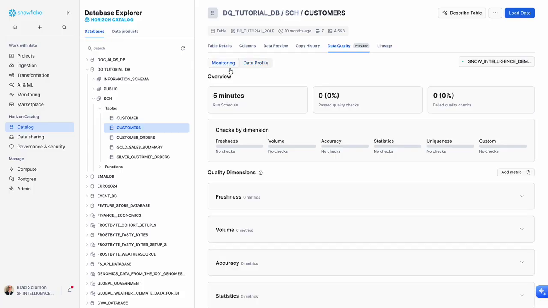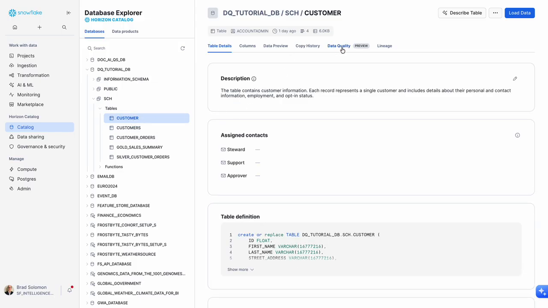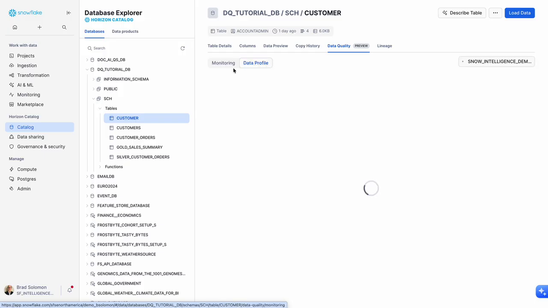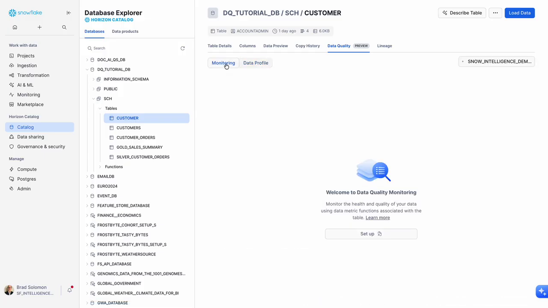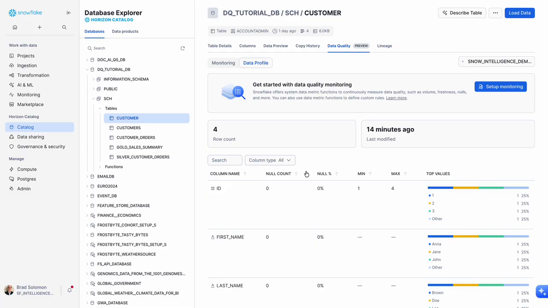This monitoring will be blank until you set up data metric functions, and I'll show you that in a second. If I step into this table and go to data quality, I have not set up any monitoring here, so it defaults to profile, and if I try to go to monitoring, it says you need to set up some DMFs first. But I wanted to cover the profiling piece, which does some automatic checks for how many null values there are in each column, as well as a min and a max value